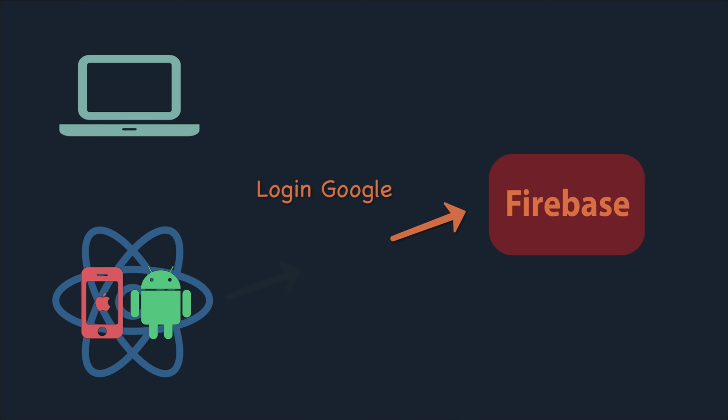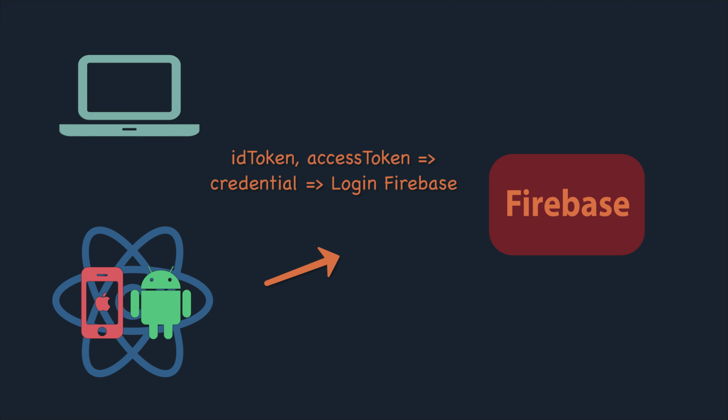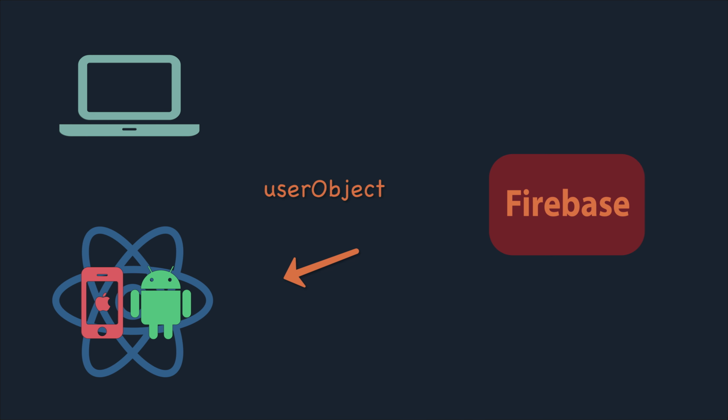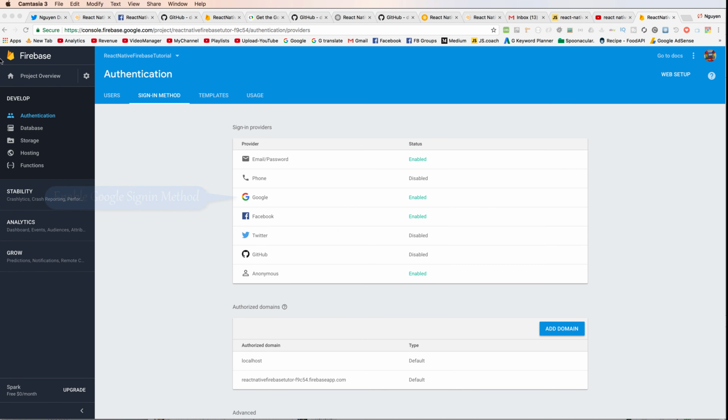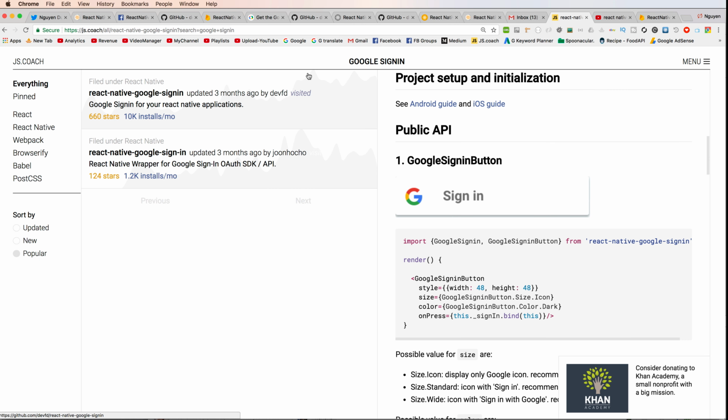So when I log in with Google from your device, I send a Google login command to Firebase, and I receive from Firebase an ID token and an access token, and convert the ID and access tokens to a credential. I can log into Firebase, and Firebase will return to the app the information of your user. So firstly, you have to enable the Google sign-in method in the Sign-in method of Firebase Authentication, and then it is quite simple. Then, with Facebook,